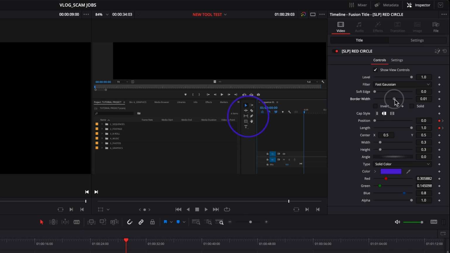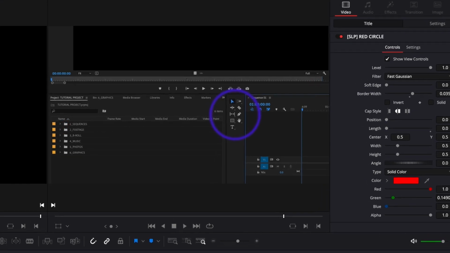Gotta commit that color to memory. Let's make the border a little thicker. Soften the edge just a tiny bit. There we go. We have our purple circle there. The smaller circle